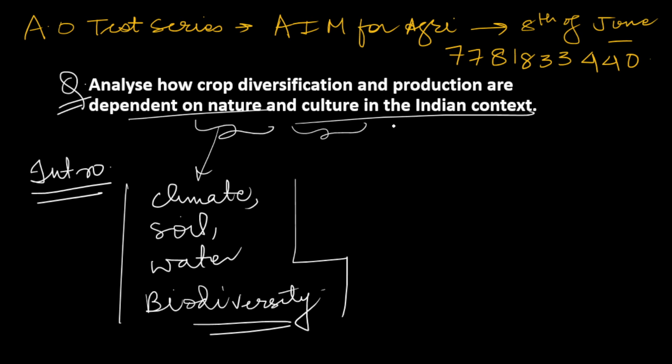And second aspect, what are these cultural parts? What actually comes in culture which affects crop diversification and production? So when I am telling you this, please try to brainstorm also. You can pause the video for 4 or 5 seconds, because you are going to write mains today, or this year, or either in coming years. So please do pause and try to brainstorm what will come in the culture part. What is that aspect of culture which is affecting crop diversification and production? Do please pause and do think once. So that could be basically tradition,